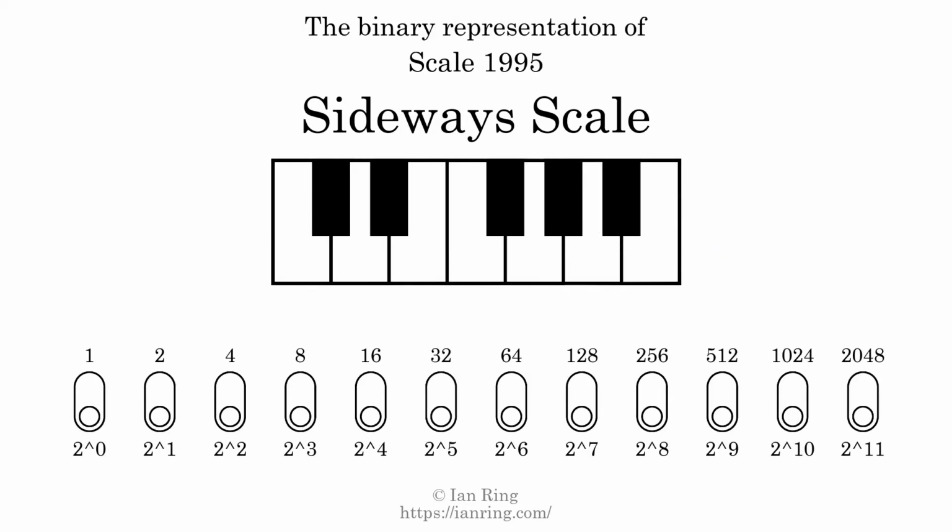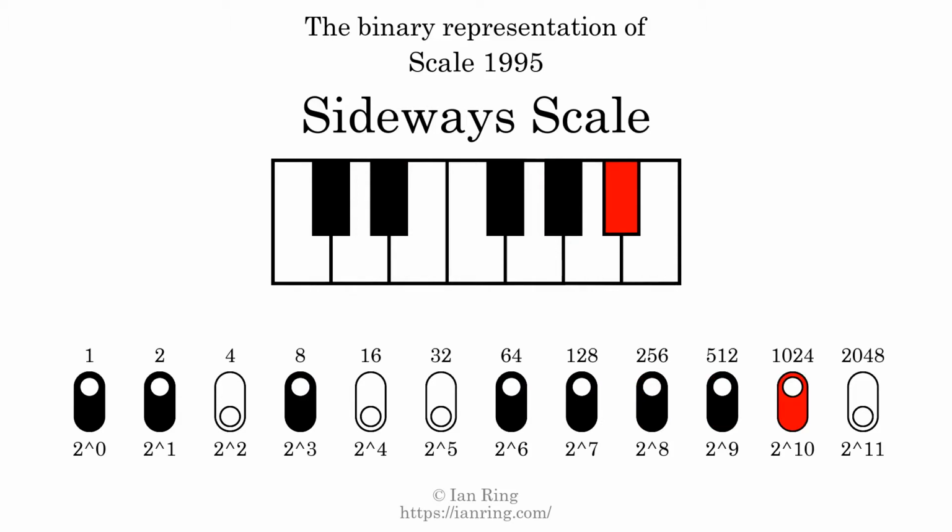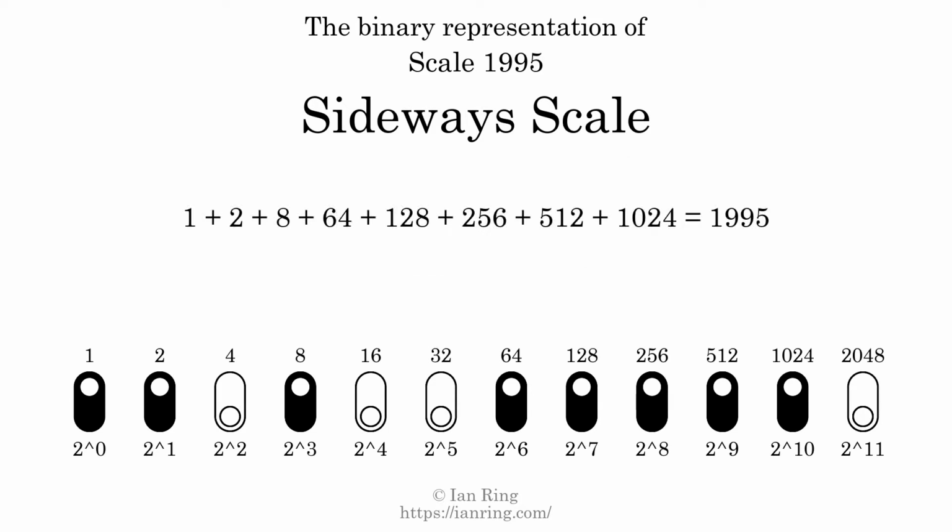The binary representation of this scale is determined by mapping tones of the scale to binary digits. Each binary digit represents a power of 2. To get the scale number, we add the powers of 2 together. The powers of 2 that are present in the scale, all added together, equals 1995. That is why the scale number, in decimal, is